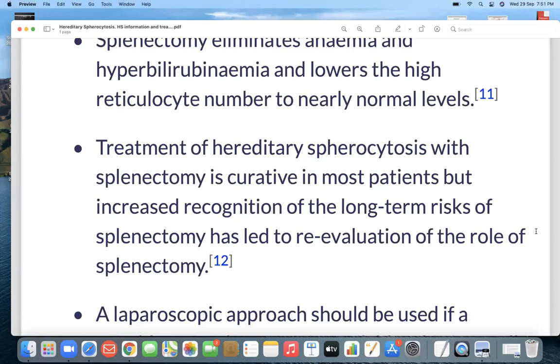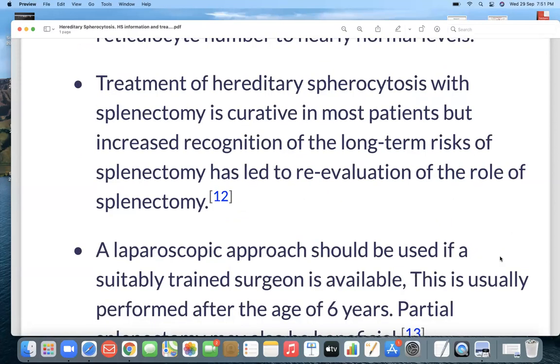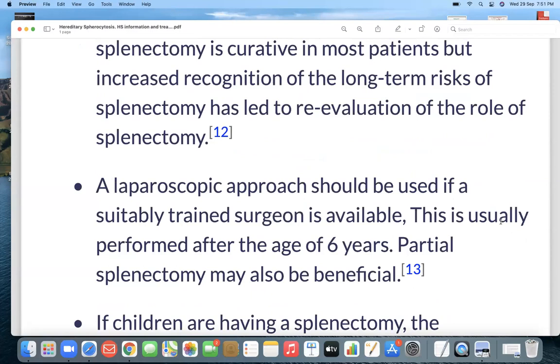Definitely splenectomy will help these patients, but as we know, asplenia, hyposplenism is the complication which makes us rethink whether to consider splenectomy. Okay, a laparoscopic approach should be used, that we know. This is usually performed after the age of 6 years. So even the indication splenectomy is usually performed after the age of 6 years, and even partial splenectomy can also be